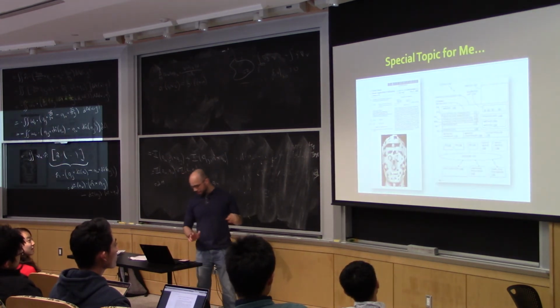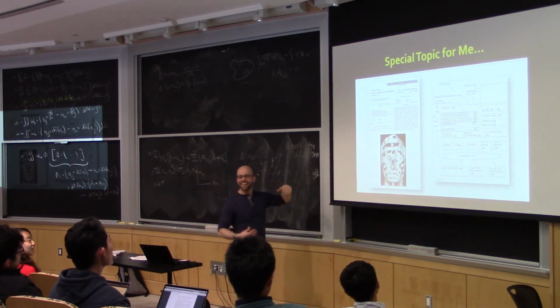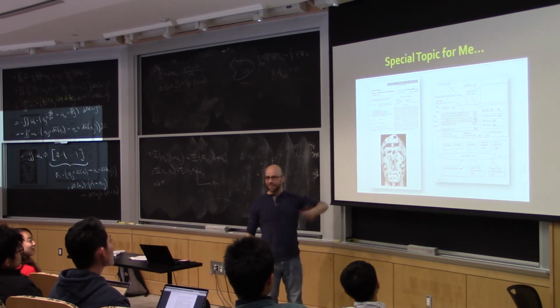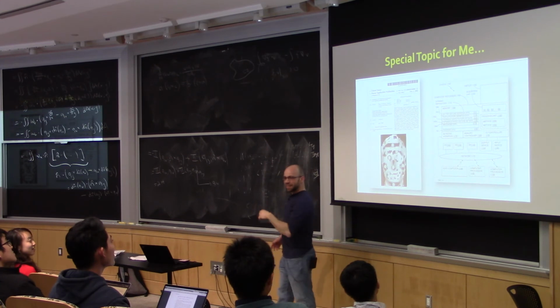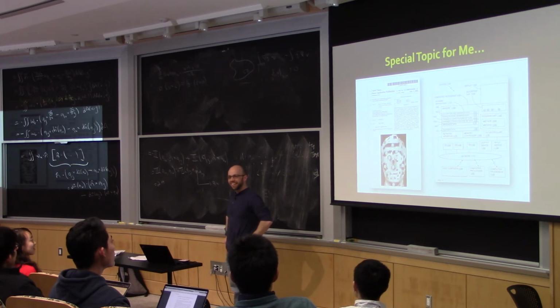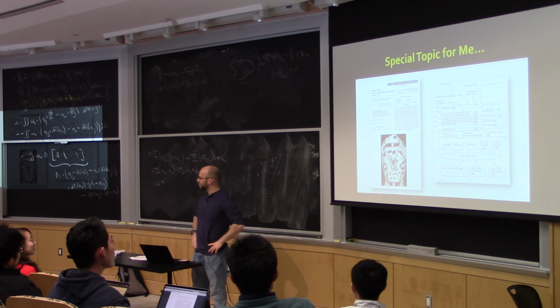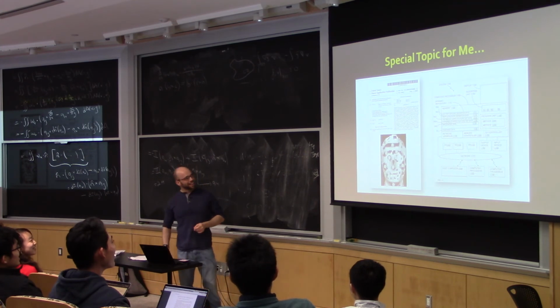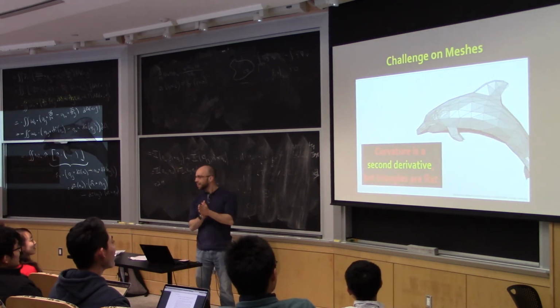And of course, this is a special topic for me. Actually, my first patent was on a method for computing curvature and using it to segment a surface. This algorithm is completely out of date and useless. But the fun thing is, when you write patents, they ask you to make the most general claims possible, and they say, oh, it's the patent office's job to narrow it down. And so I'm pretty sure I have a patent on Gaussian curvature if you read this thing. So I expect my royalties when you do your homework.